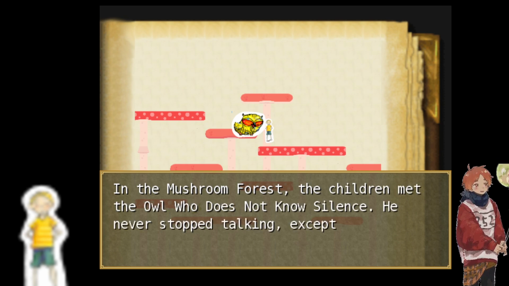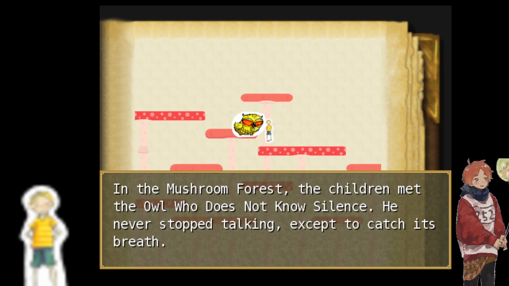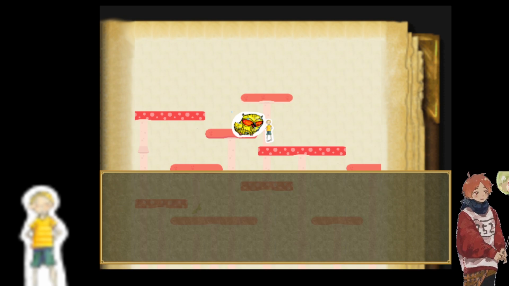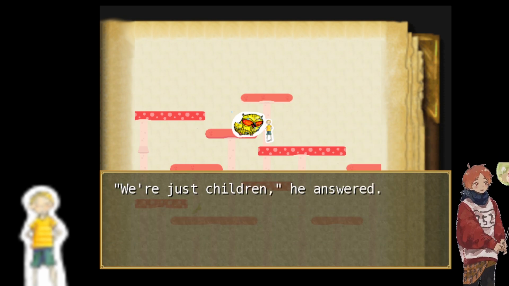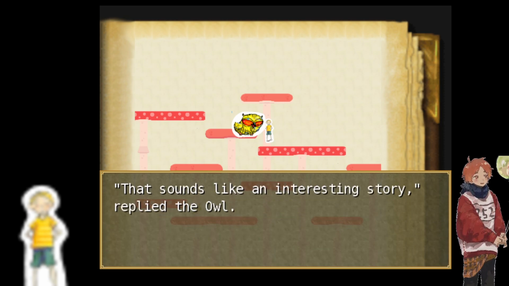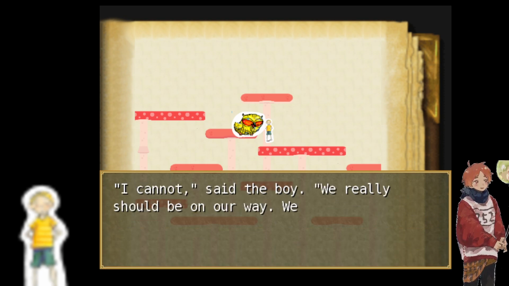In the mushroom forest, the children met the owl who does not know silence. He never stopped talking except to catch his breath. Hello, children. Who are you? What did the boy do? The boy answered him. We're just children, he answered. We're going to visit my sick grandma. That sounds like an interesting story, replied the owl. Tell me more. I cannot, said the boy.